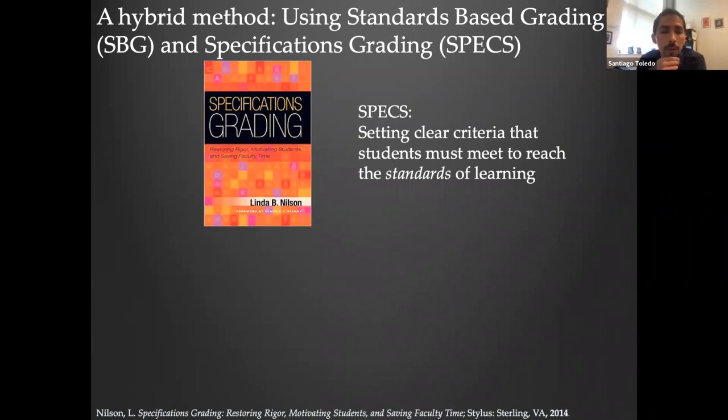It's really interesting in that what you're trying to do with specs grading is setting clear criteria for the different grades in your class. So instead of basically grading students based on decreasing quality of performance, you instead are telling them what is their highest quality performance they need in order to achieve a D. What is their highest quality performance they need in order to achieve a C, etc. Right? So by clearly stating, here's where you need to be if you want this particular grade, those specifications, you're no longer grading on the grading quality. You instead are saying, this is where I want you to be if you want that particular grade.